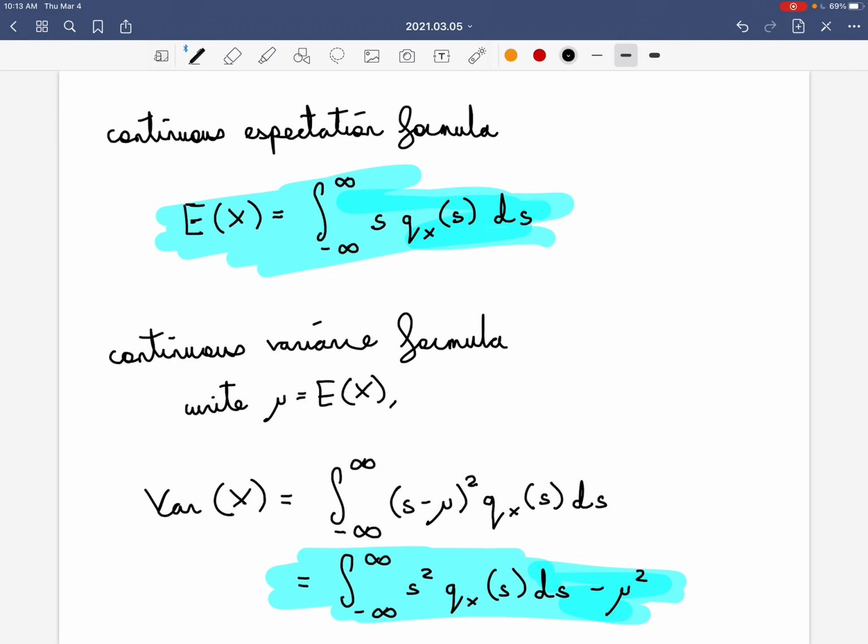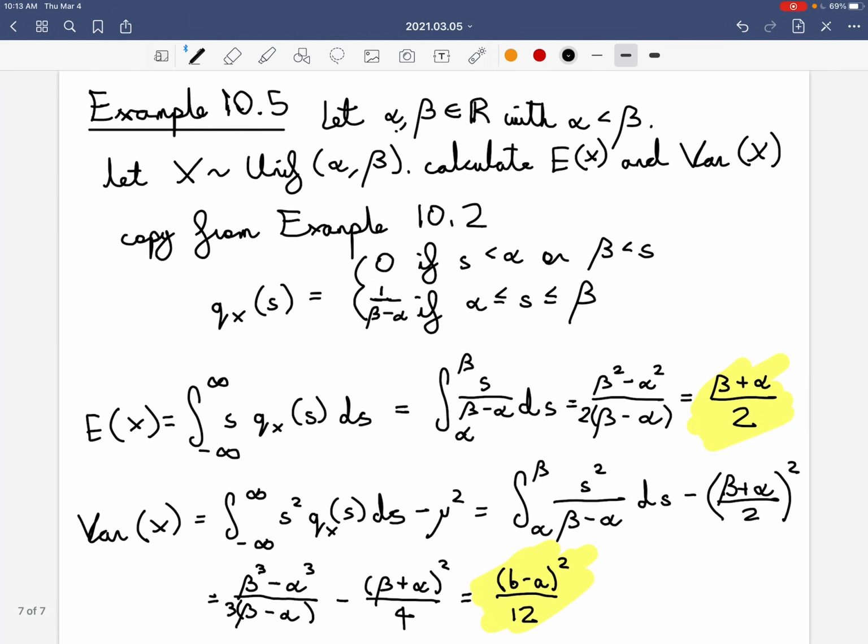So you're never, ever going to be able to calculate the variance without first calculating the expectation. And then once you've calculated the expectation, it's just simpler to do the integral with s squared and subtract mu squared after. Okay, so we can see an example. There's nothing really conceptual to this example. It's just plugging in